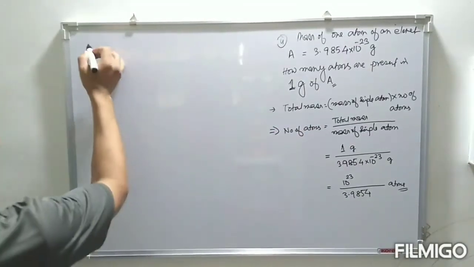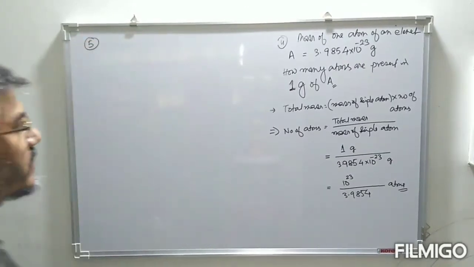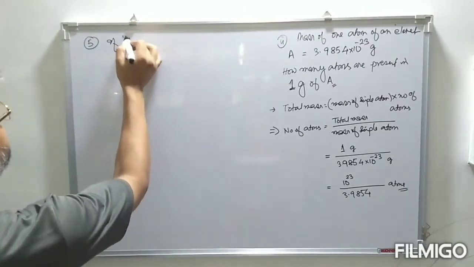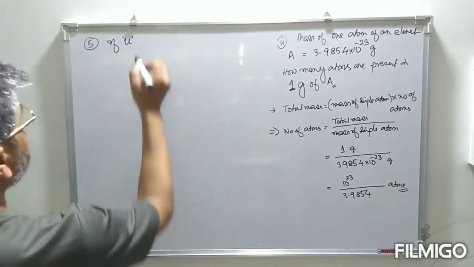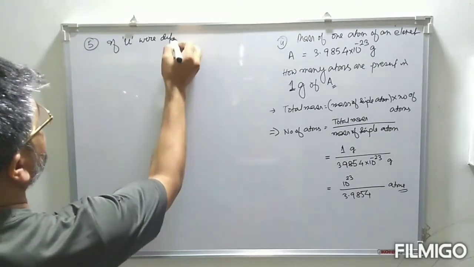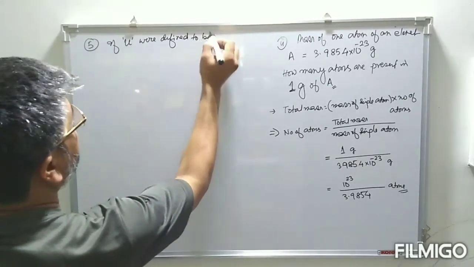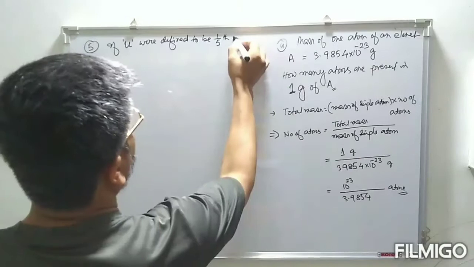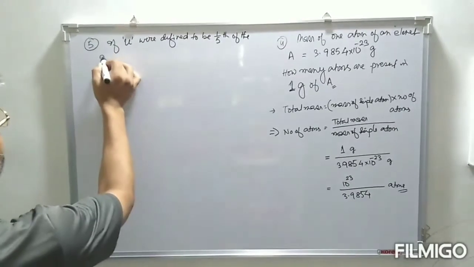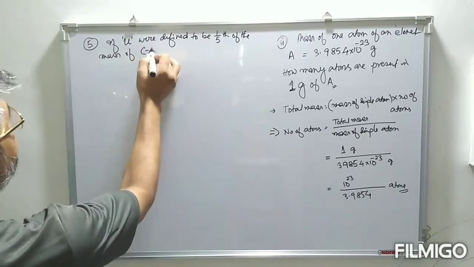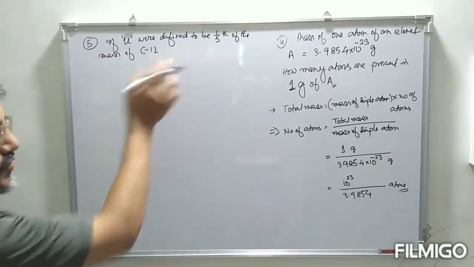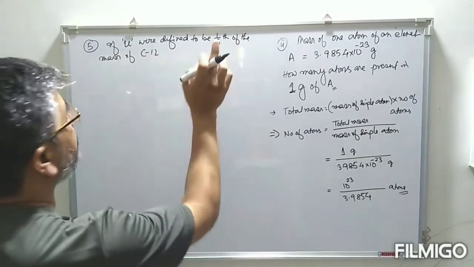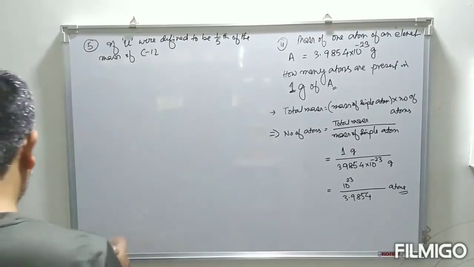Now one more problem. Problem number 5. Problem says, if U, that is unified mass, were defined to be 1/5 of the mass of carbon 12. So look at this, this is the question. If unified mass were defined to be 1/5 of the mass of carbon 12 isotope,